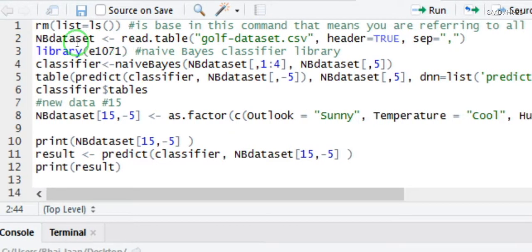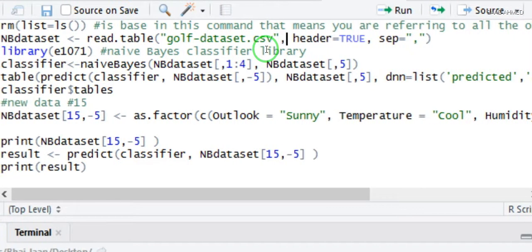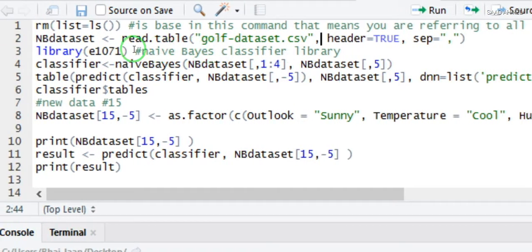Then we will be reading the table, the golf dataset.csv, which I have provided with this presentation. Then we will be including the library e1071 that has the Naive Bayes classifier. Then we will be training the classifier here, and after the training of the classifier, the prediction will be done,